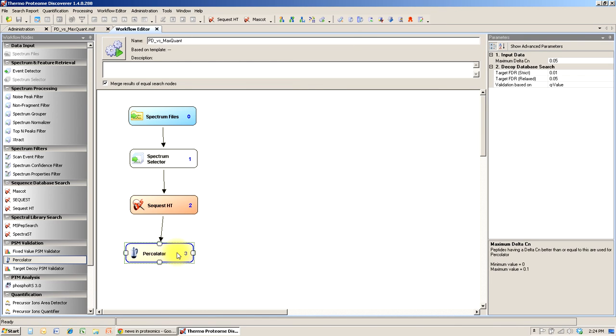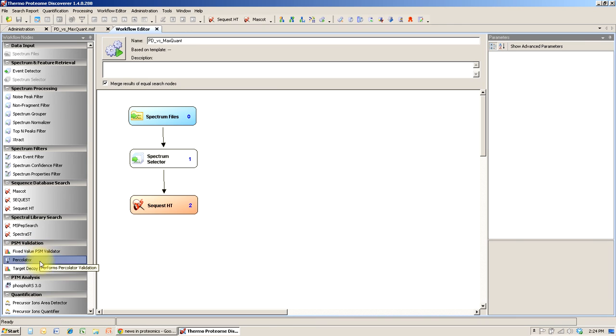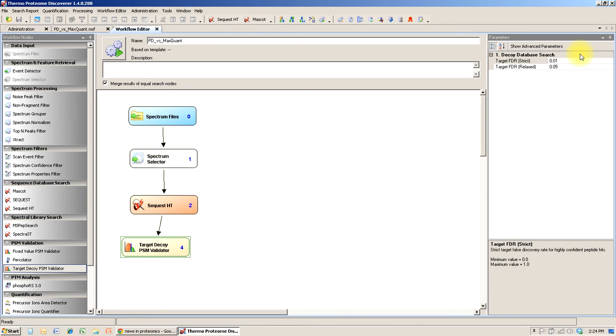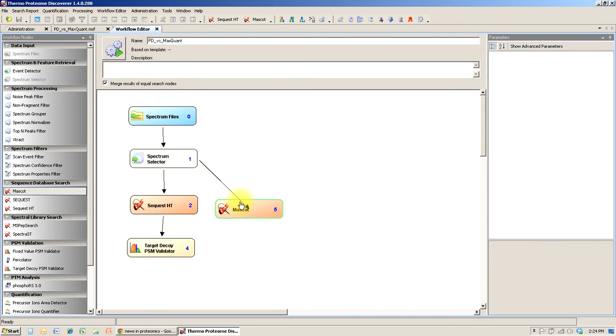And under our false discovery rate calculator, you don't have a lot of options here. For the Percolator, these are the preferred parameters, and if we were using something else, say our target decoy false discovery rate calculator, we're going to be using a 0.01 strict false discovery rate and a 0.05 for our relaxed false discovery rate. If you wanted to add in, say, additional search engines, in this case I have Mascot configured, so I can very easily put Mascot in here